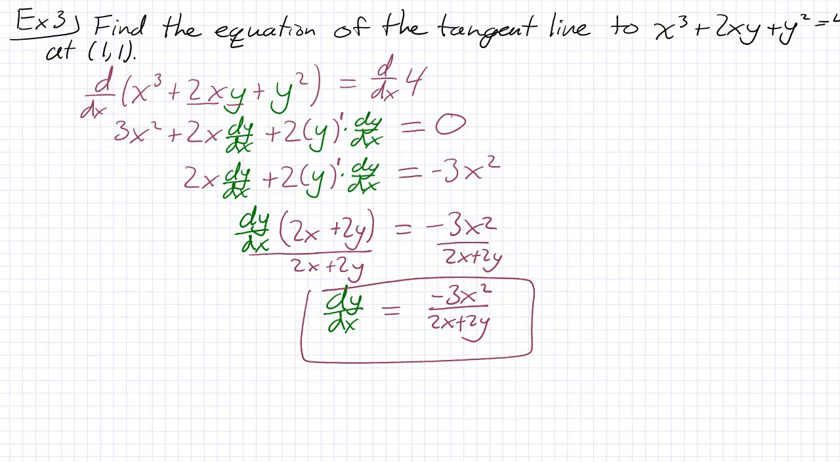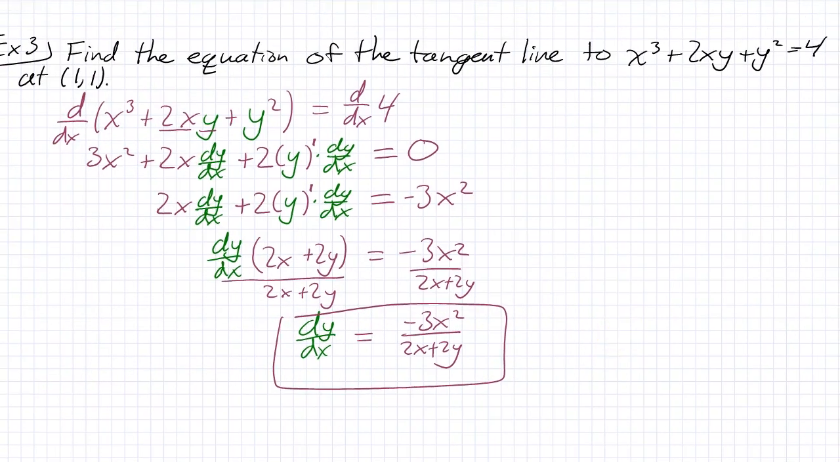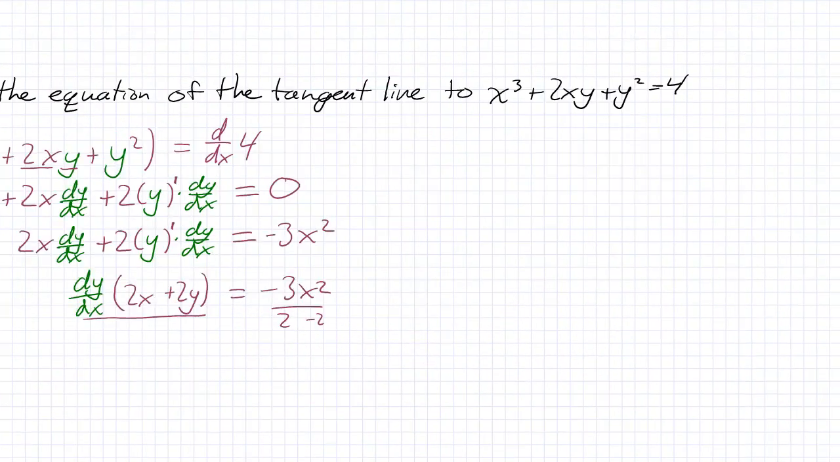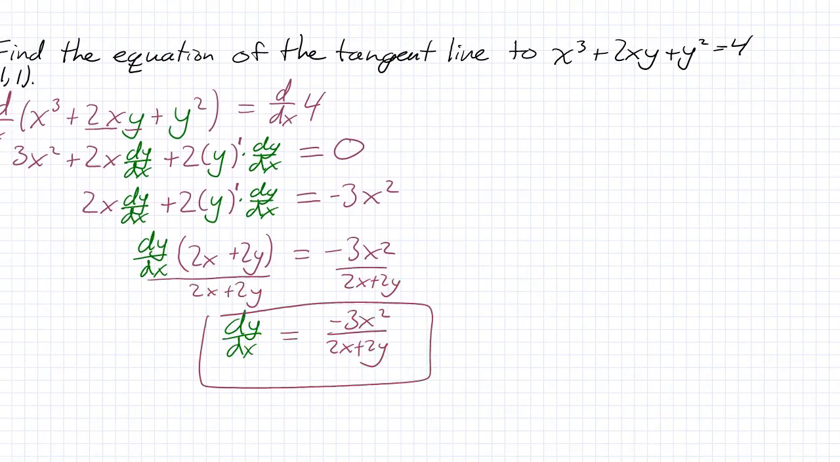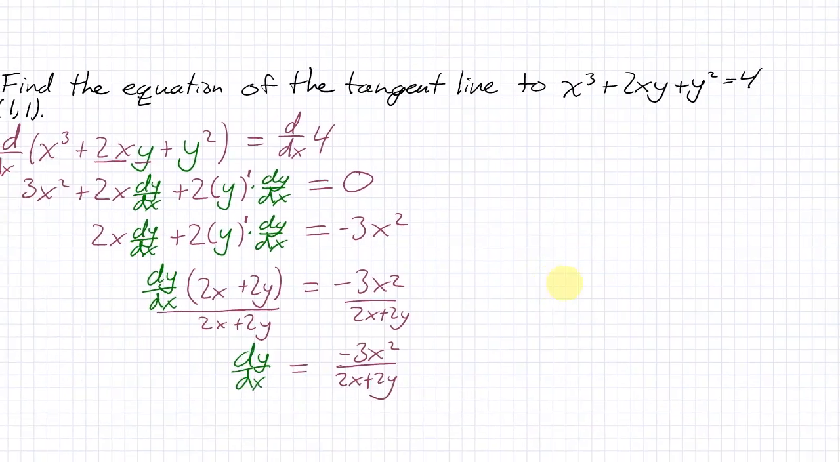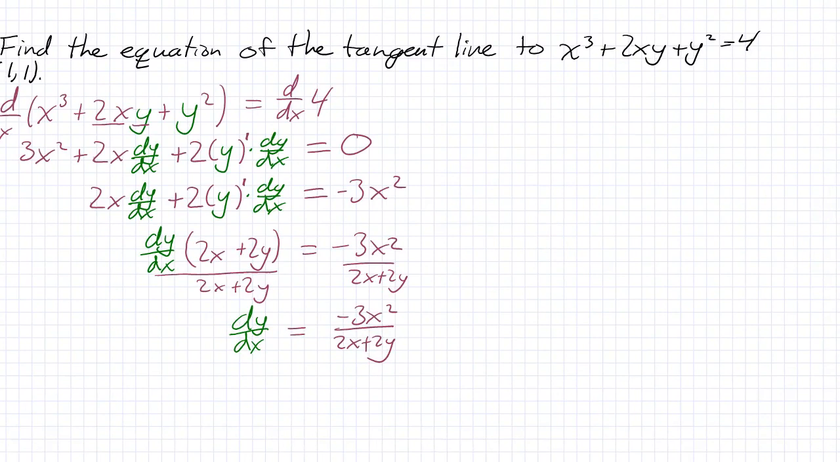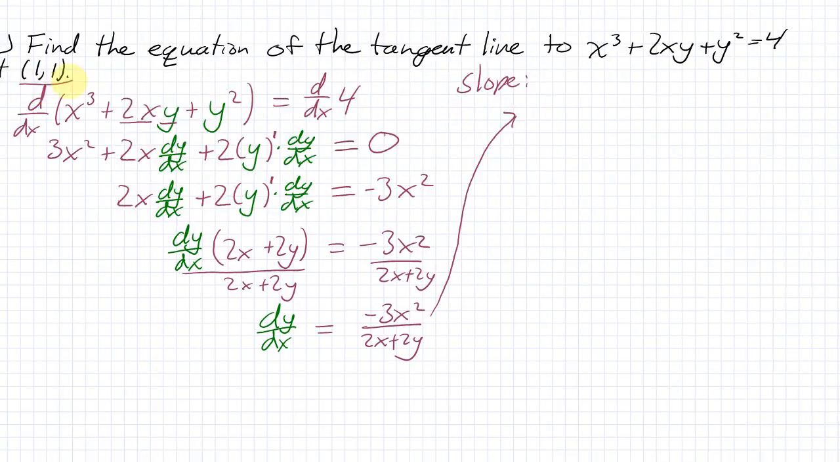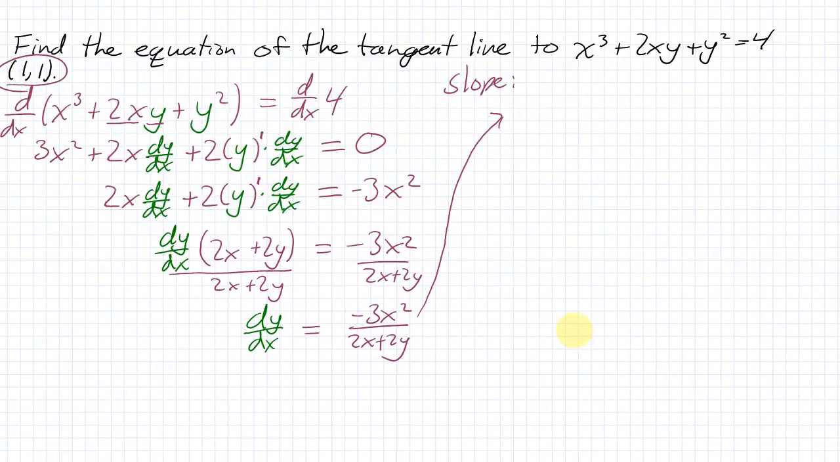Okay, so that gives you that. Oh, that's not the answer to the question. That was weird. The answer to the question should be the equation of the tangent line. So we can use this to actually find the slope of the tangent line. It's going to be what you get when you plug in 1, 1 into this at the point the question's talking about. So that means